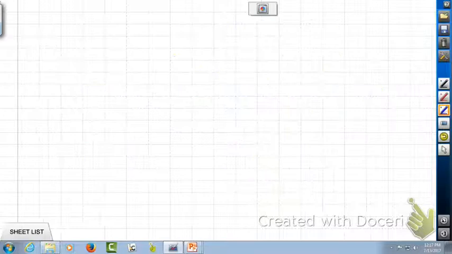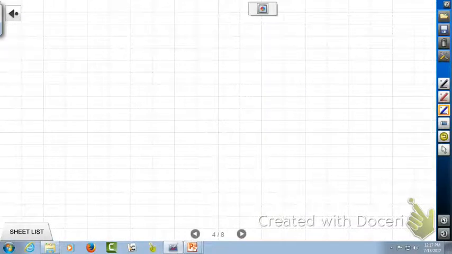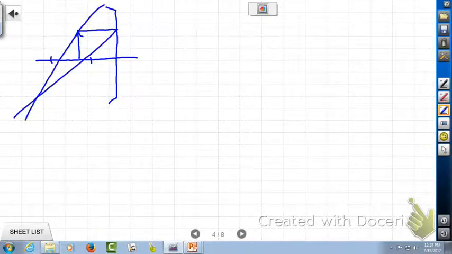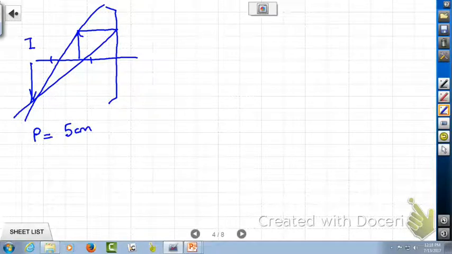So then let's look at this one. It could also be a mirror. We're not at the mirrors yet, but the next one was basically this. This is concave. There's our focal length, there's our center of curvature. We get a ray that goes through the focal length, and a ray that goes through there, and there's our image. What we said was P was equal to 5 centimeters, and that the center of curvature was equal to 6, so F is equal to 3